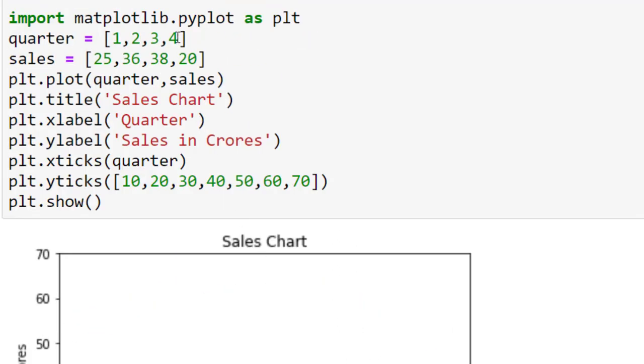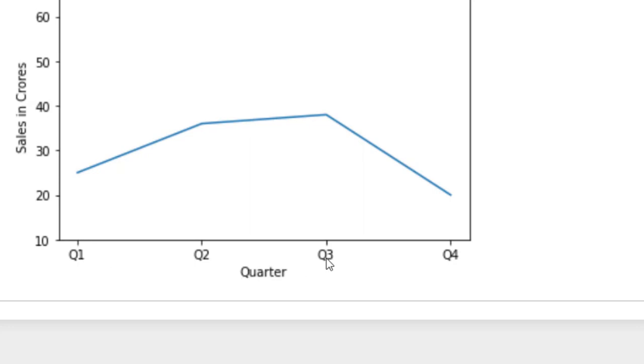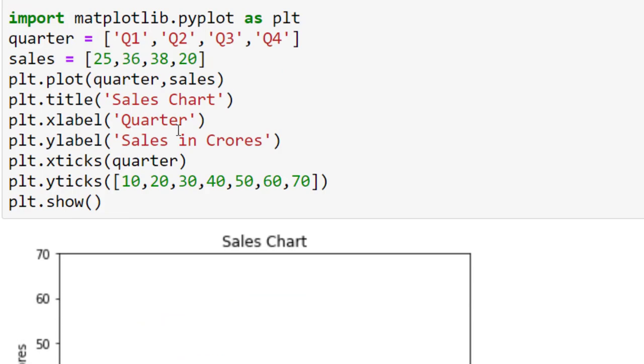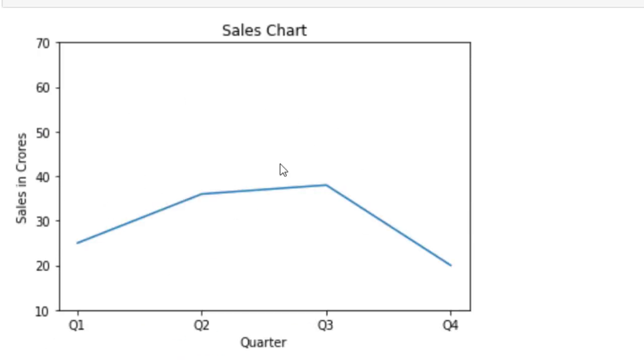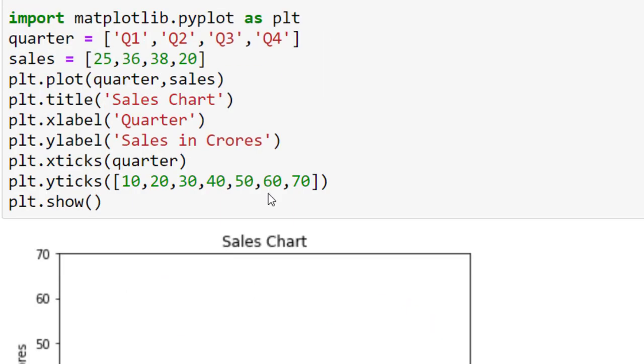One more thing over here: if these quarters are strings, again there is no problem. When I run this code, it says Q1, Q2, Q3 and Q4. All these functions are doing something with this chart, which is also known as a figure.